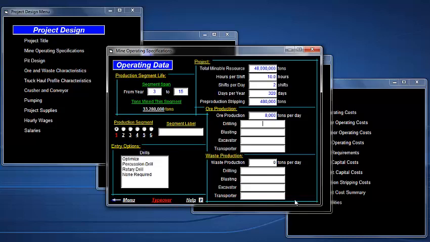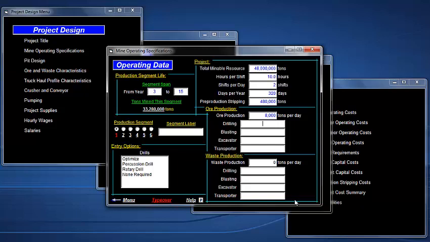The program gives you an option to either optimize the equipment fleet. When the program is allowed to do that, it will take every reasonable combination of truck and loader for both the ore and waste and estimate all the costs associated with that combination, including all the ancillary costs, all the ancillary equipment that goes along with it, buildings,